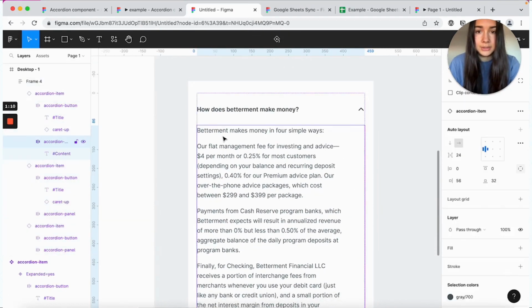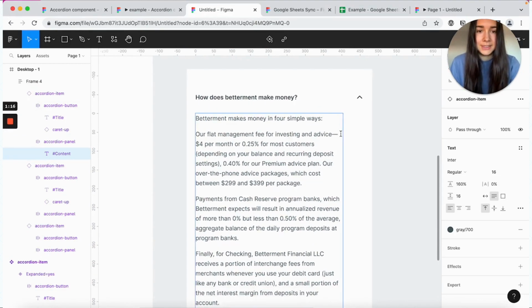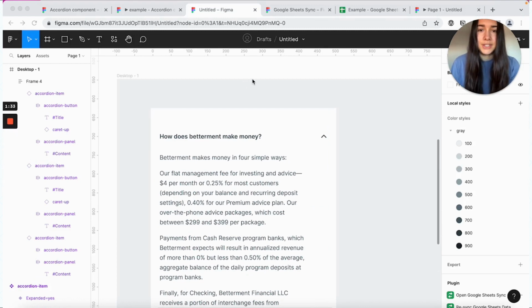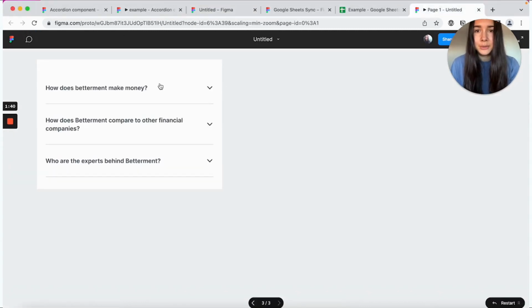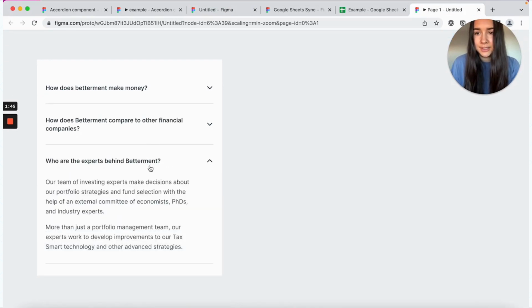And now as you can see, we don't have an actual line break. It's a proper paragraph break. So that's something to keep in mind if you use the plugin for importing large formatted blocks of text, there might be some formatting adjustments that you need to do. Now let's take a look at our updated accordion list in the prototype view, just so that we can make sure that it works exactly as we expect it to.